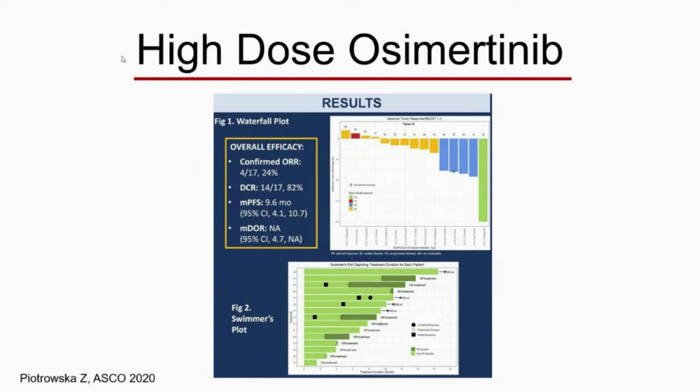They actually used a double dose, 160 milligrams. And I would say it showed modest activity, about a 25% response rate in this study. So not nearly as high as what we're seeing with the classical mutations, again speaking to the biochemistry problem. If we go to the next slide,